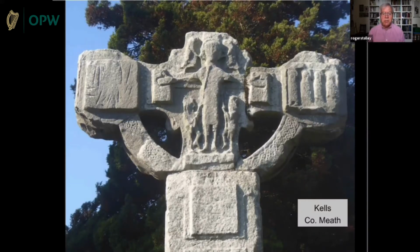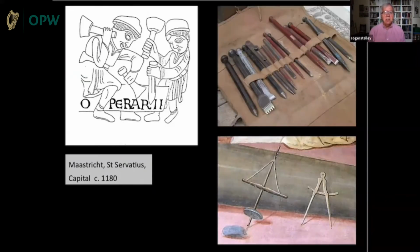And it's always worth thinking, I think, about the tools that medieval sculptors used when they were doing carvings of this sort. In fact, they haven't changed. They didn't change much from the Roman era almost to the modern day. There's a sculptor's array of modern tools on the right, a lovely punch and a claw chisel there to the left of the sequence, and a medieval sculptor. In fact, the drawing there shows a sculpture from Maastricht, but there are 2 sculptors hard at work with their